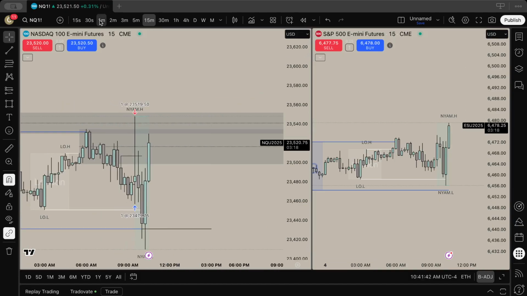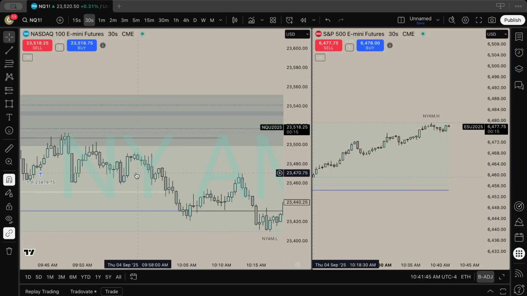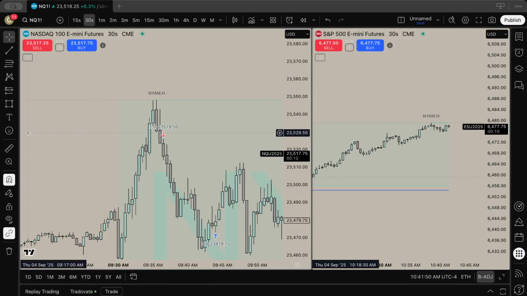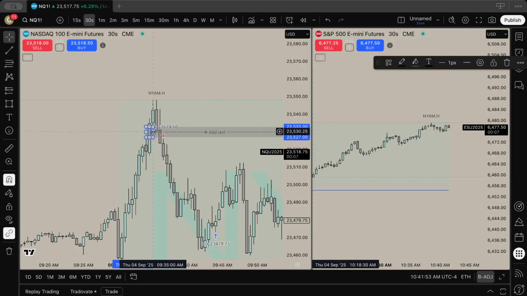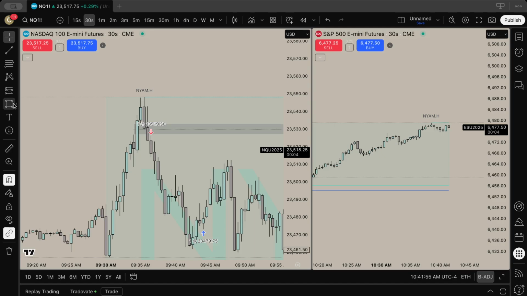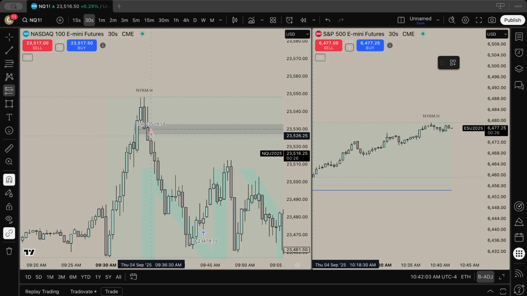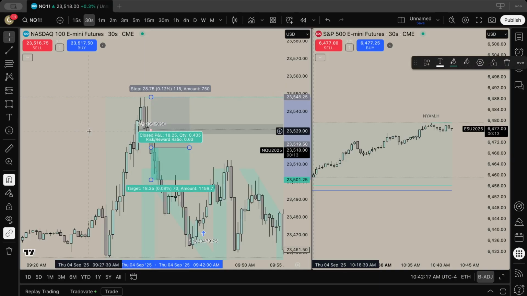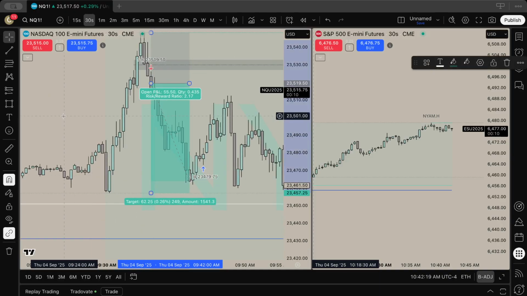So what did I do? Drop down to the 30-second time frame, and that inversion right here, let me remove all these drawings. Right here, this inversion, that was my entry right there. Stop obviously goes at the high, and final TP is down here for a 2.17R.